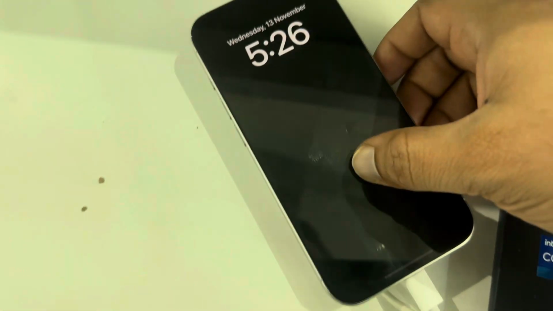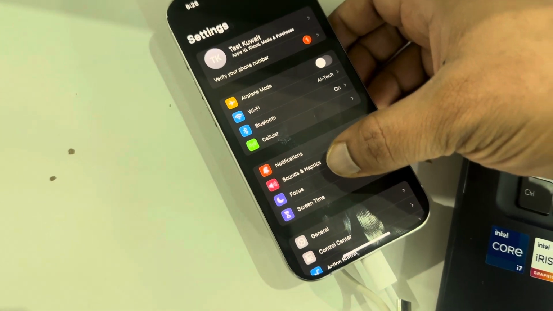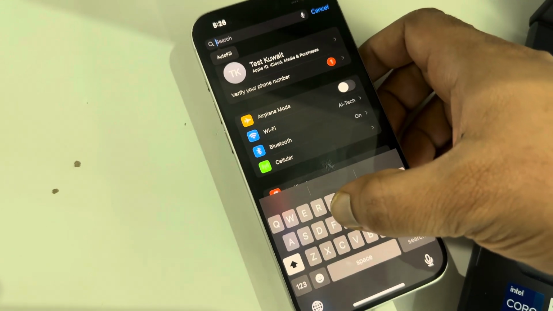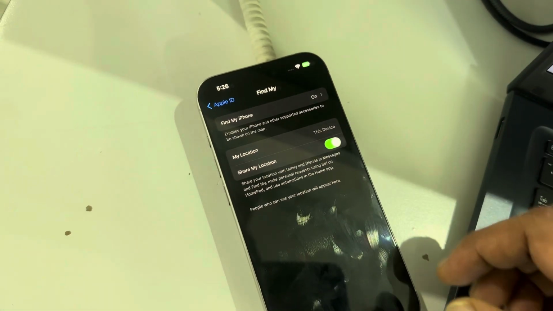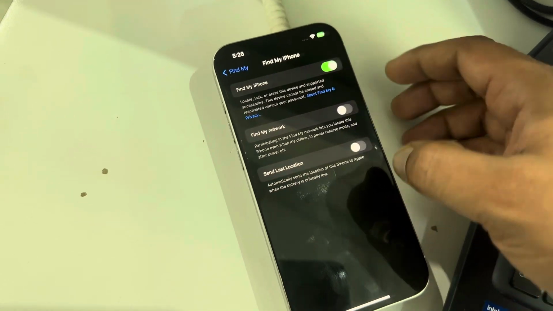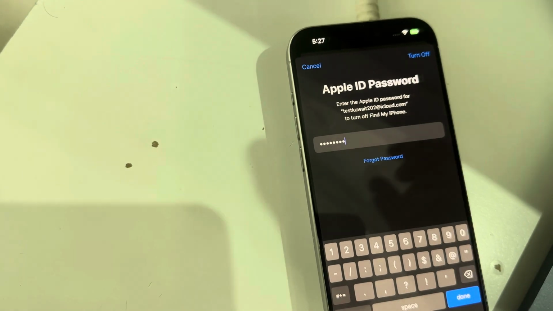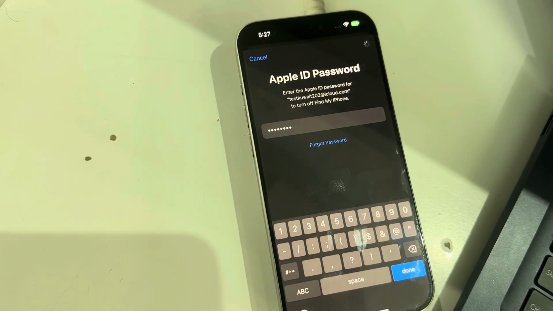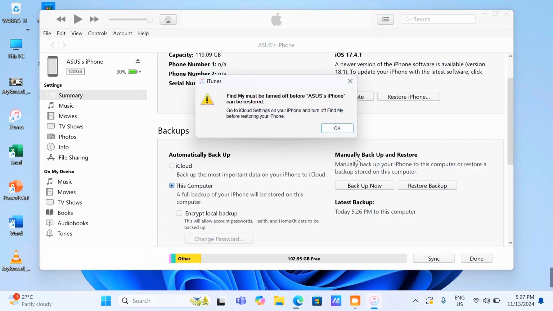On your iPhone, in the settings, in the search icon, type Find My and hit enter, and choose this Find My option and turn it off, and enter your password and hit turn off. Once it is turned off, tap this OK button